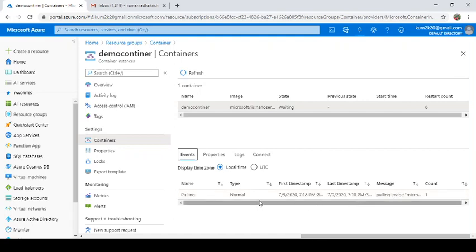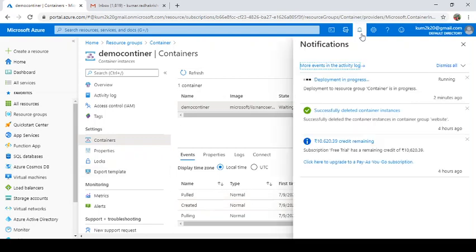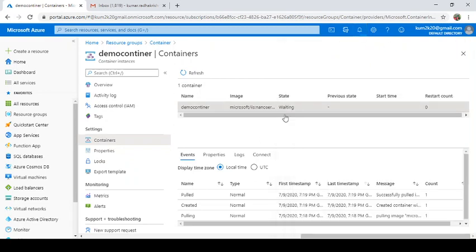After pulling, it will create the container, so wait for a couple of minutes. Yes, it pulled, and then created. Successfully pulled. Finally, we'll get the running status over here.